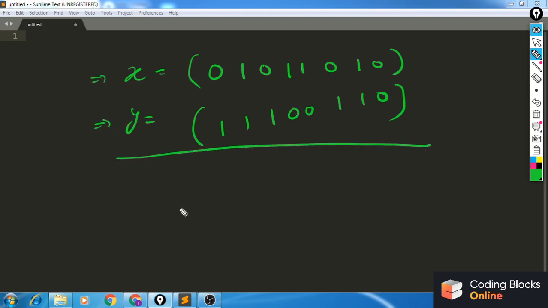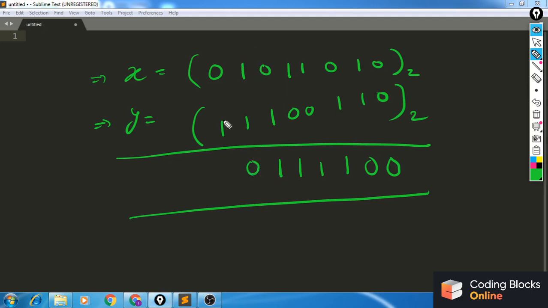Now let's do the same thing that we did for the smaller input example, and you will see that at the 0th bit there is no difference, so add nothing to your answer. At this particular bit there is no difference, right? So I will add 0 to my answer. Here the bits do differ, so add 1 to your answer. Here also the bits differ, add 1 to your answer. Here the bits differ, add 1 to your answer. Similarly here also bits differ, add 1 to the answer. Now here the bits are the same, so add 0 to your answer. And here the bits are again differing. Here we have a 0, here we have a 1, so I will add 1 to my answer.